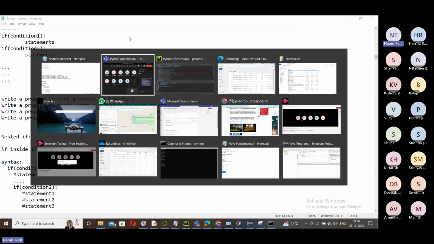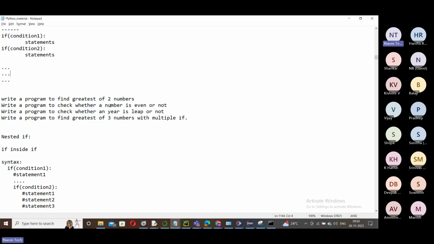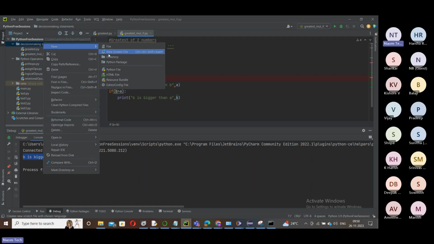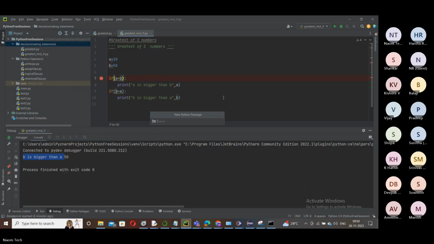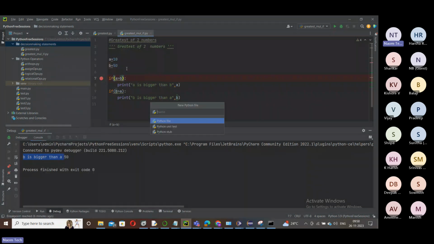Let me just show you. So what is the next program I should check here? Check whether a number is even or not. You can simply try this. Here in this program, let me add one more new program. New Python file,